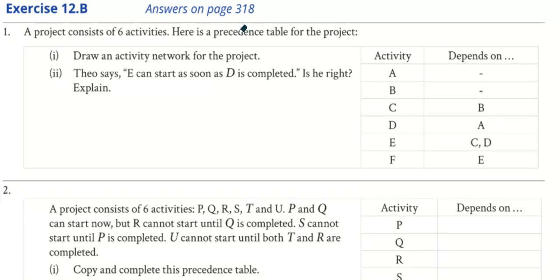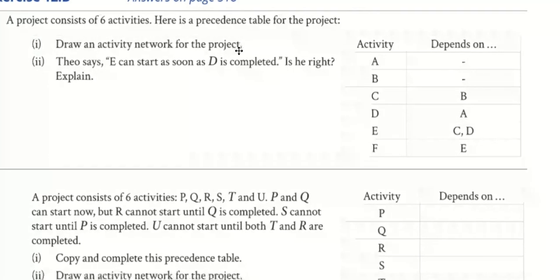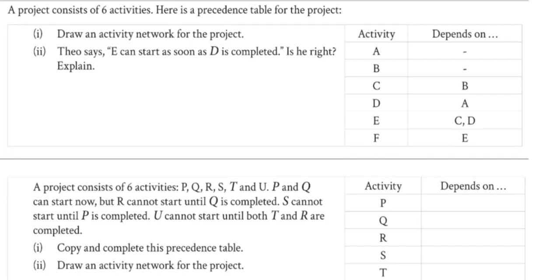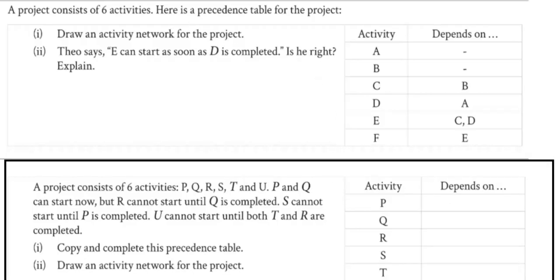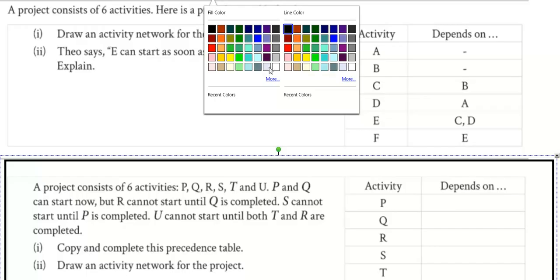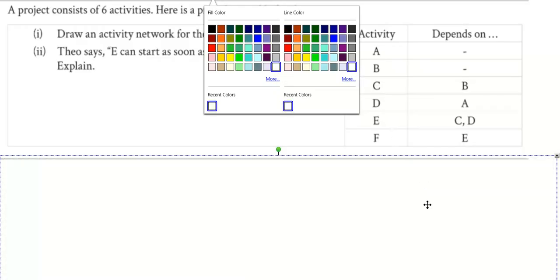Consists of 6 activities. Here is the precedence table for the project. So essentially, this could be any project in the world. And what we're trying to do is create a system where we know what to do first and what needs to be done last. Okay. So if you imagine that,